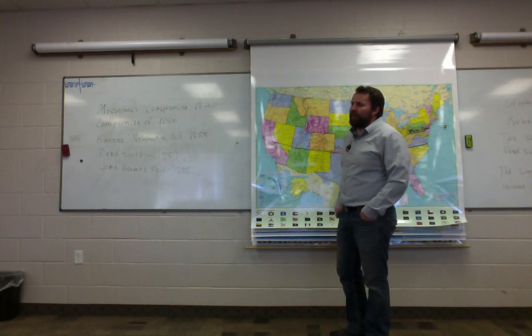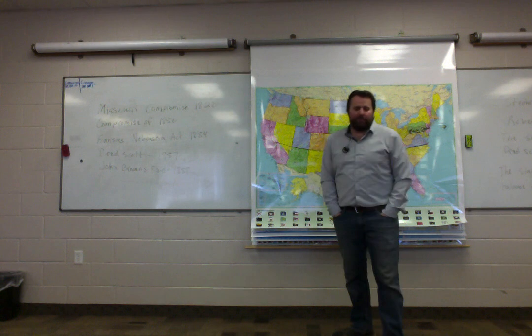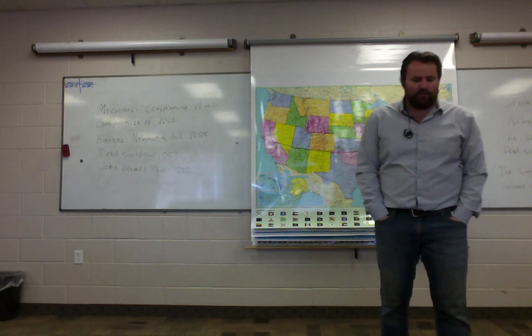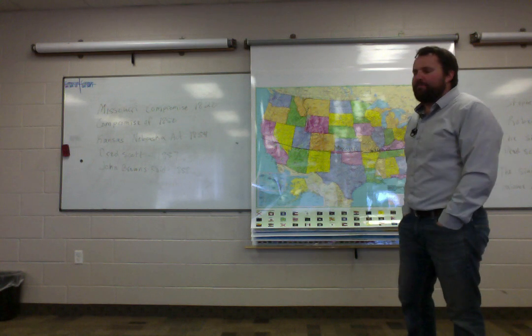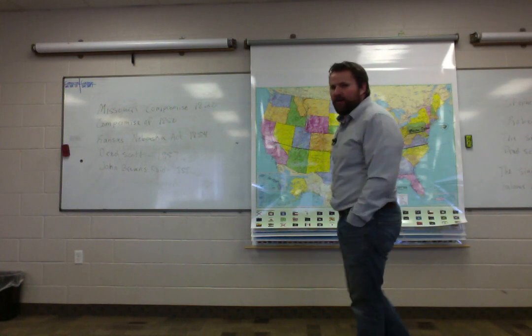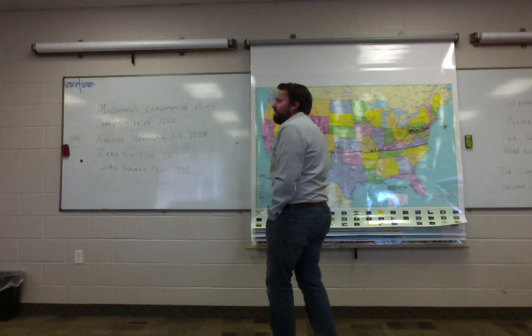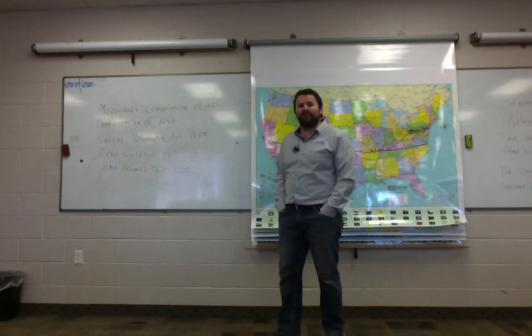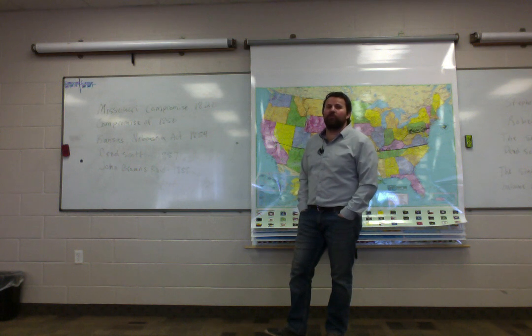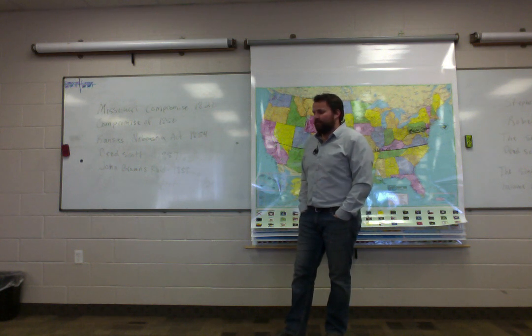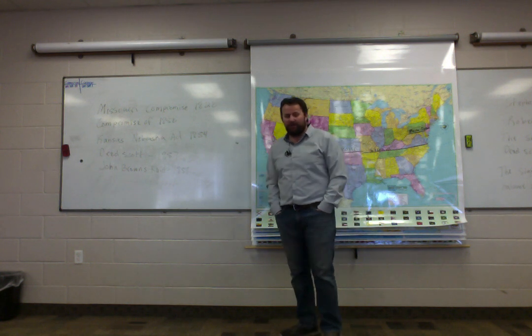Now, the Supreme Court had been, I won't say packed, because it wasn't necessarily packed, but several of the Supreme Court appointees at this point in time had been appointed during the Jacksonian era, which means that they were pro-slavery, most of them. Well, not most of them. A significant portion of them were white Southerners. Because that's what Jackson was, and that's who he trusted. That's who he liked, right? So he nominated people that he thought would help him.